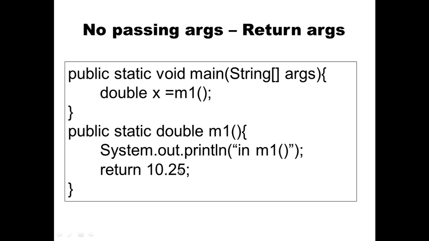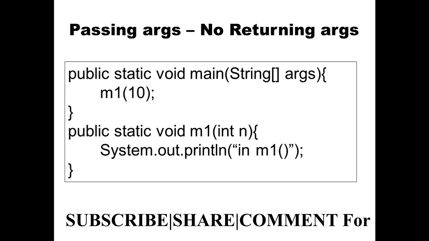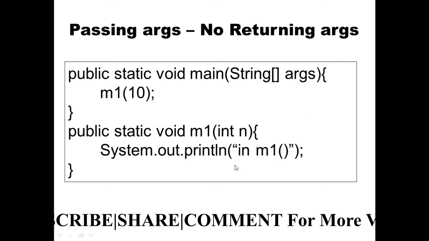Okay. Next one will be passing argument but no returning argument. Passing argument, no returning argument means what? We are giving an integer value here, but we are not accepting any value. So it will not return any value. So what will the return type be then? Void. Okay, I hope you are getting some clarity. We will get more clarity about it in the upcoming Java program. So we will move to the Java program now and see what happens after this.